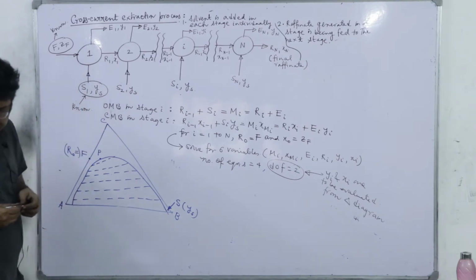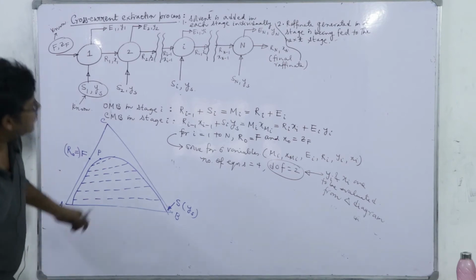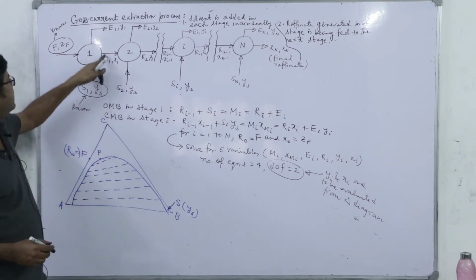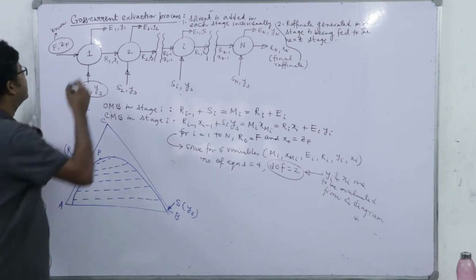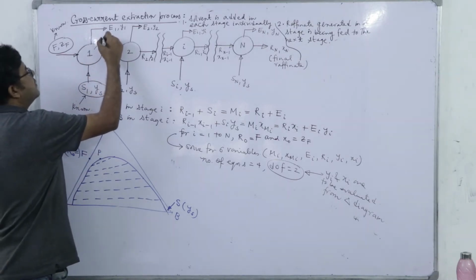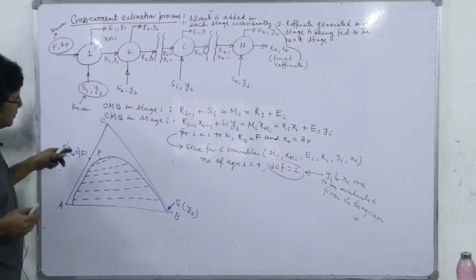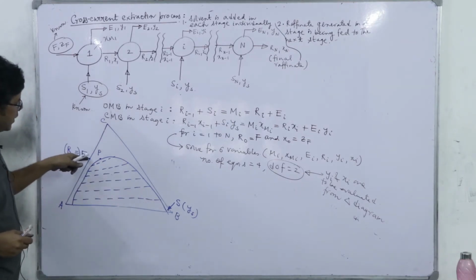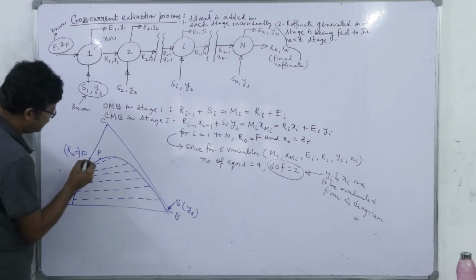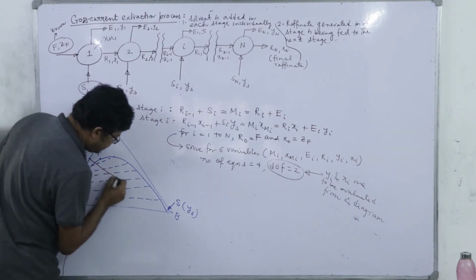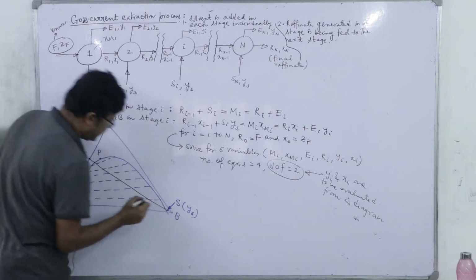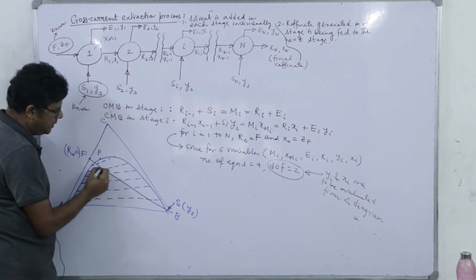Next, the composition of the mixture generated here. So here we are generating a mixture of composition XM1. So XM1 must be lying on the line joining F and S. So you draw this line and locate the point